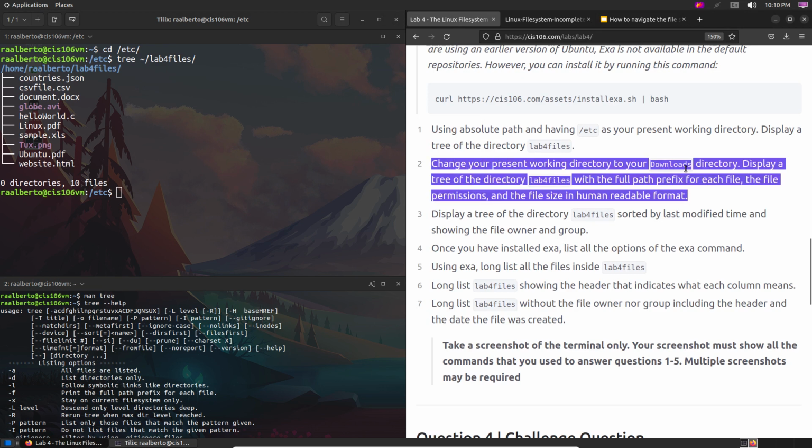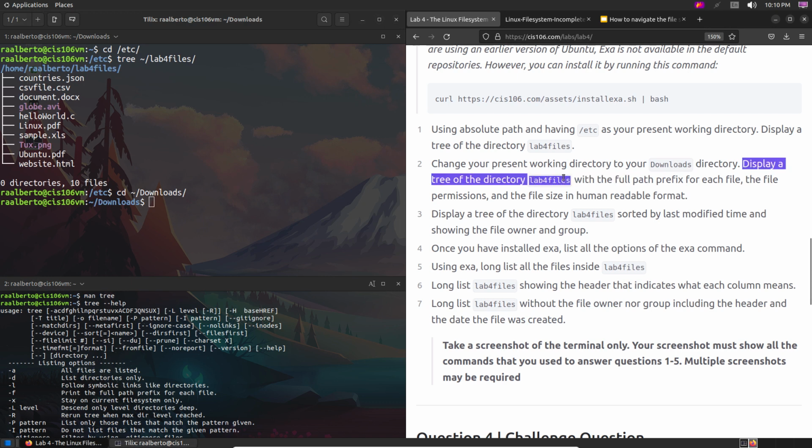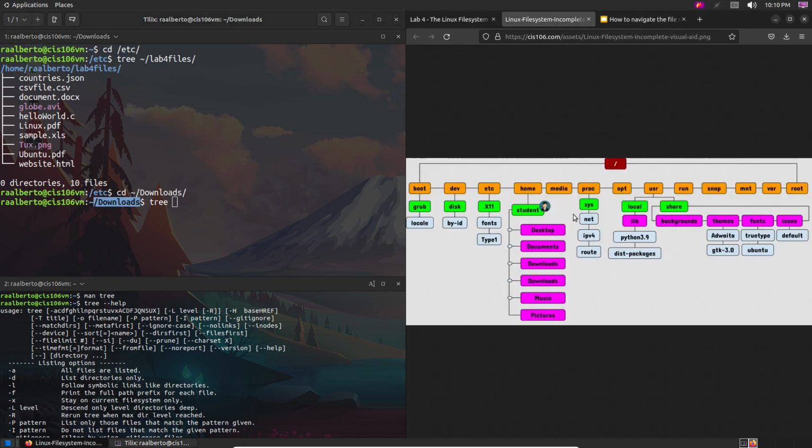Change your PWD to your Downloads directory. So we're going to do cd, again, tilde, Downloads, because hey, if it's shorter and faster, we go with the shorter and faster version. Now, we're going to display a tree of the lab4 directory. So let's do this part first, right? We're going to do tree. Now, we are inside Downloads, right? We are here, but the folder that we want is relative to these guys over here. So that means that we need to go back one step, and then we'll be able to access the lab4